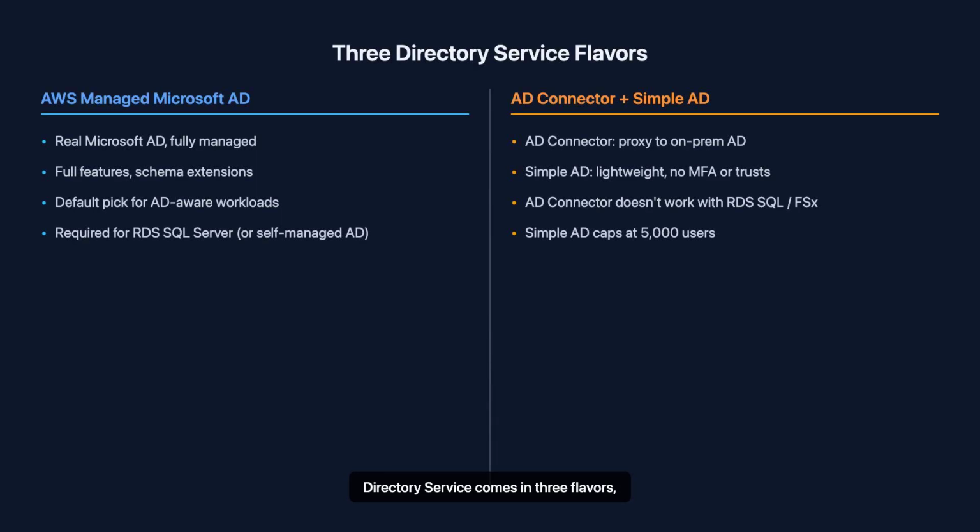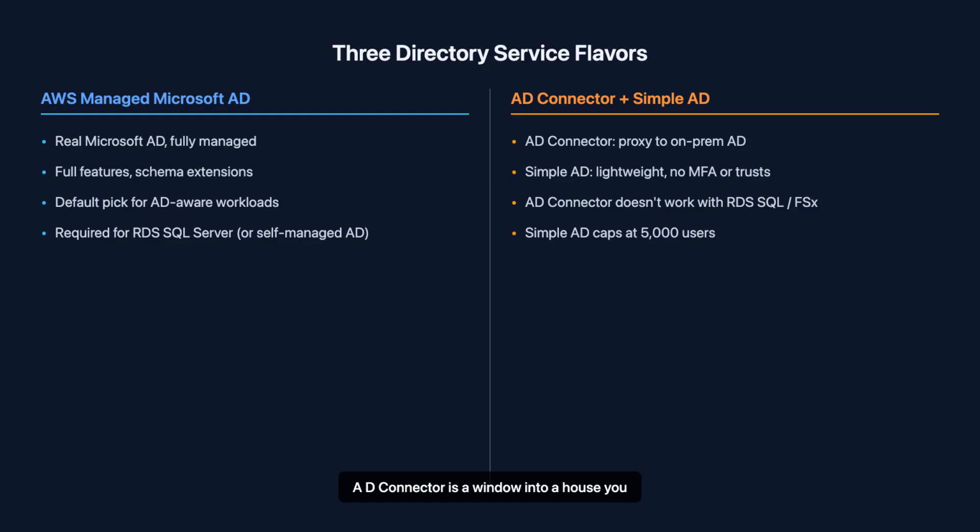Directory Service comes in three flavors, and there's a useful way to picture them. Managed Microsoft AD is a full house that Amazon Web Services builds and runs for you. Actual Microsoft Active Directory, fully managed, with full features including schema extensions. It's the default pick for AD-aware workloads, and it's required for RDS for SQL Server, though self-managed Active Directory also